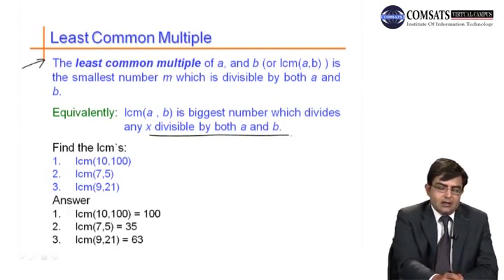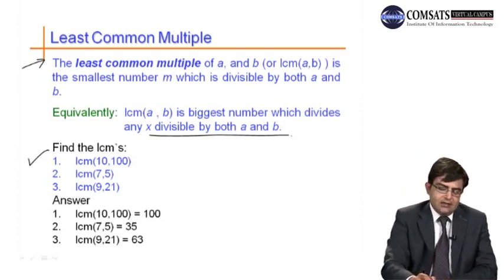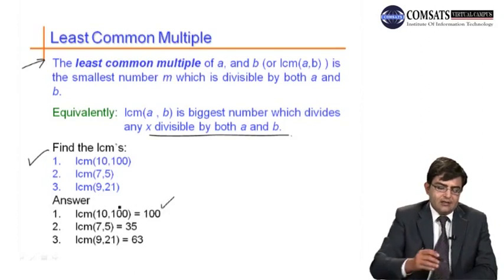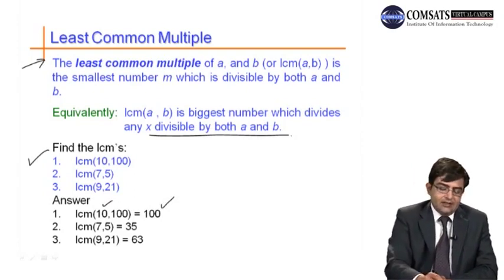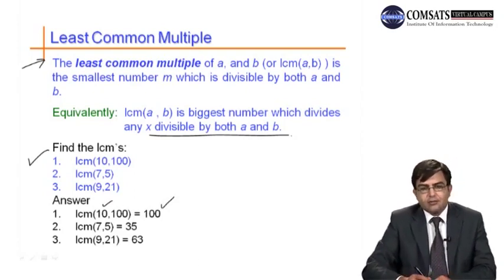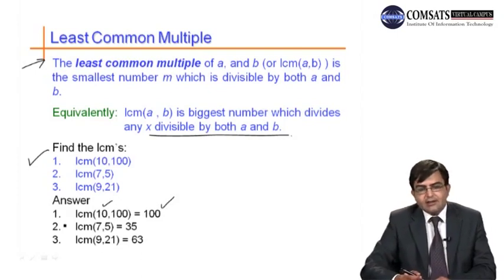For example, we take the LCM of 10 and 100. So what is the least common multiple? The least common multiple of 10 and 100 is obviously 100, because 10 is a factor of 100. Therefore the least common multiple of 10 and 100 is basically 100. In the second example, if we take the least common multiple of 7 and 5, it is basically